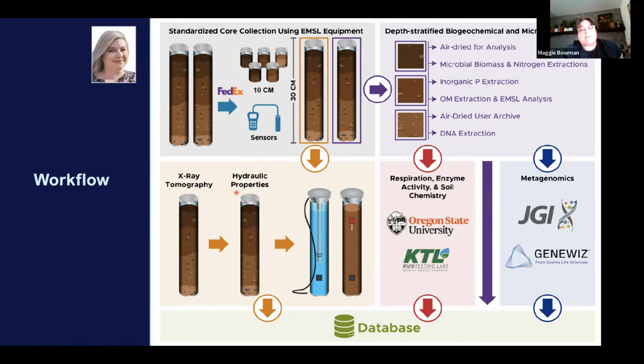We outsource a suite of measurements to the Oregon State Soil Health Lab and QO Testing Lab. And those again give us those base measurements that are standardized across a lot of databases, as well as we do DNA extractions, and we're working with JGI and GeneWiz to get the metagenomics from the soil. And then all of that funnels into a database that we're hoping to have a forward-facing or user-facing experience sometime in the next fiscal year, I believe. Next slide.